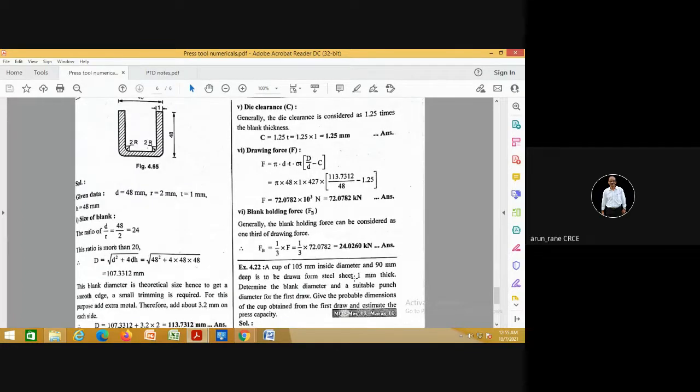So that is 24 kilonewton, or it can be 2.4 ton, and here it is 7.2 tons. So if you take a factor of safety of 1.5 times, then a hydraulic press of around 10 ton should be sufficient for this cup.